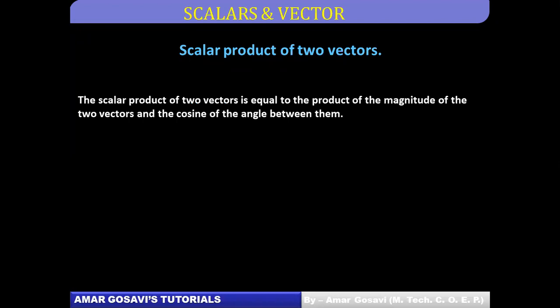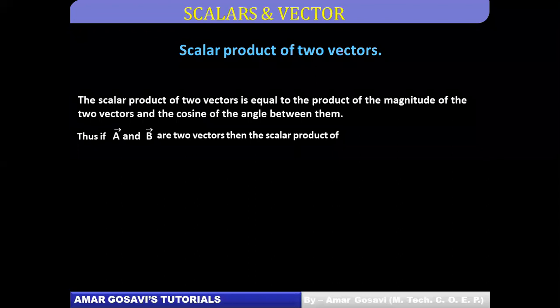Now, how do we define a scalar product? Let's try and understand this. It is defined as the product of magnitudes. Say for example, a bar and b bar are the two vectors in our consideration, and say let the angle between the two vectors be theta. So the scalar product will be represented as a bar